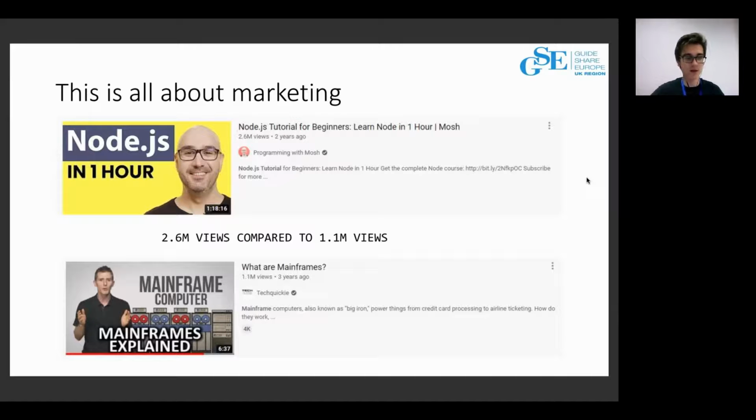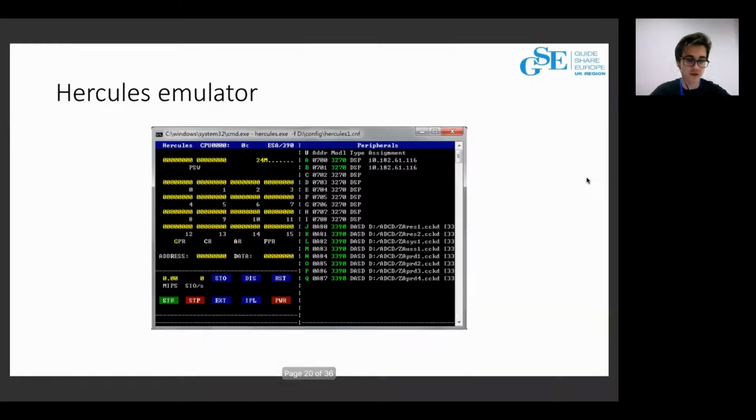Until this year, until IBM released its Master the Mainframe course with access to a mainframe, in the past the only way for you to try mainframe yourself was to install a Hercules emulator, which looks like this when you configure it. And I bet that 99% of people who decided to try it out just give up on the first installation step. Yes, because it's quite complicated and not user-friendly at all.